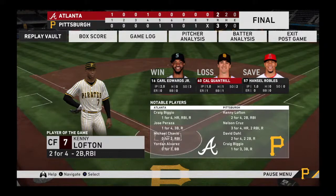Here now is our final line score tonight. For the victorious Pirates, 3 runs on 9 hits, no errors. They left 8 men on base. For Atlanta, 2